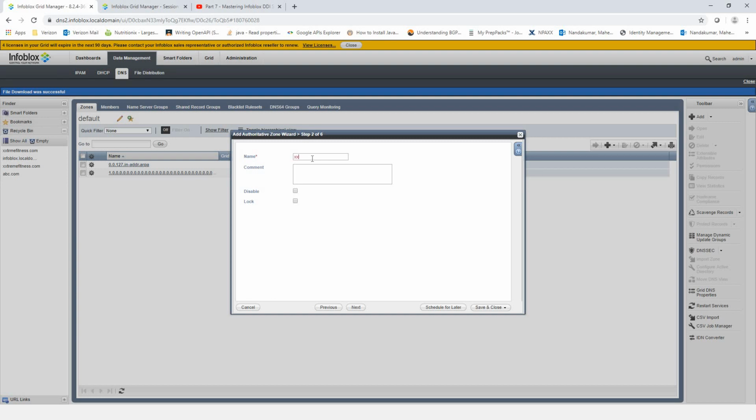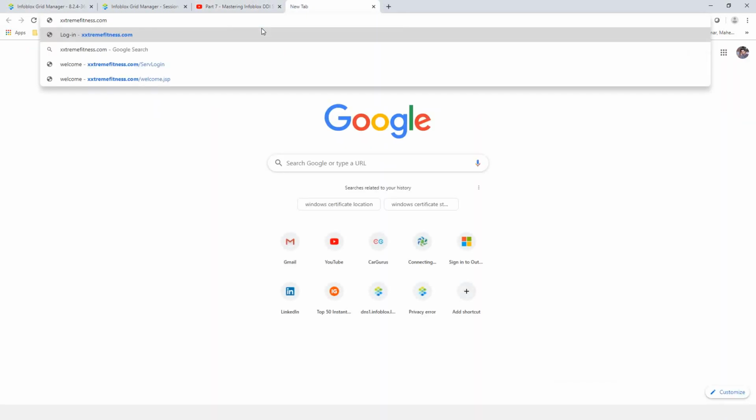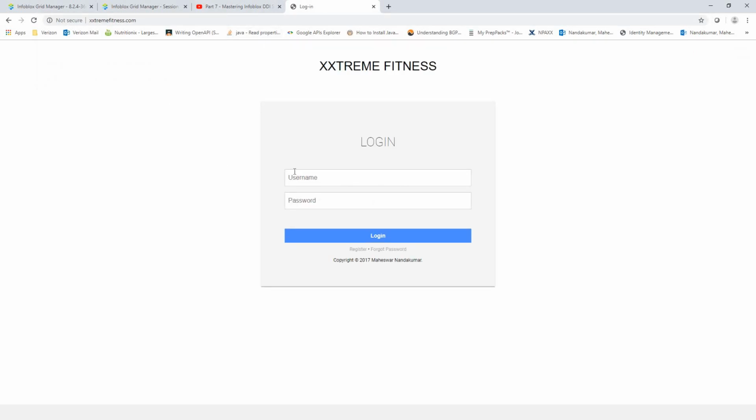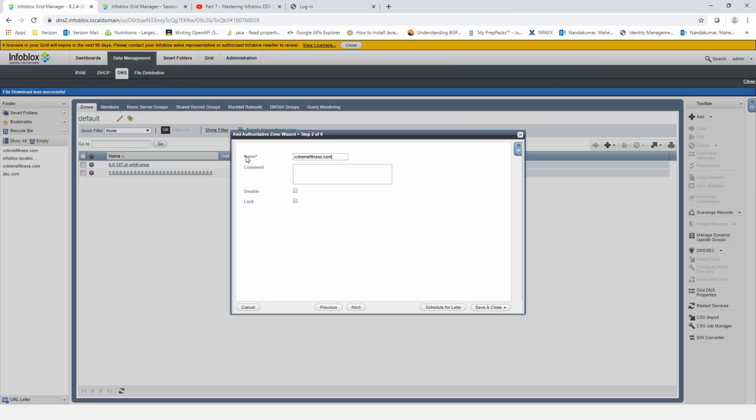In this case, I'll give X. This is a domain which I own, and that's what I'm going to add in here. So I give this name in here and then